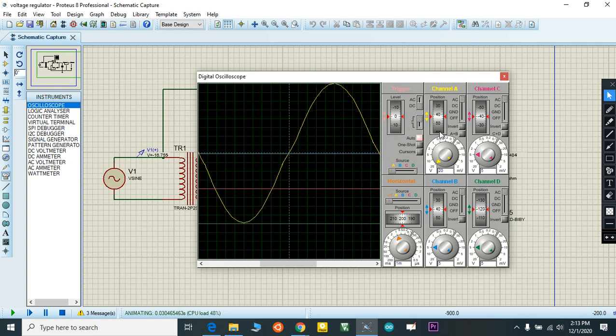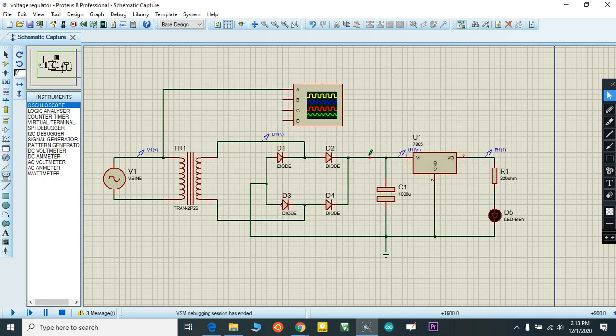Then stop. I also add the output sine wave here in B terminal.